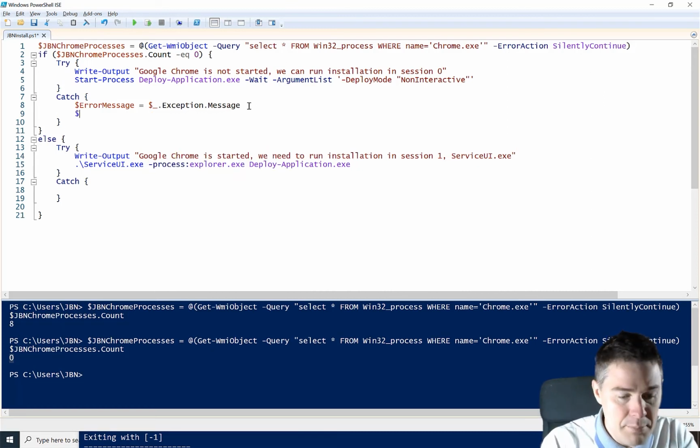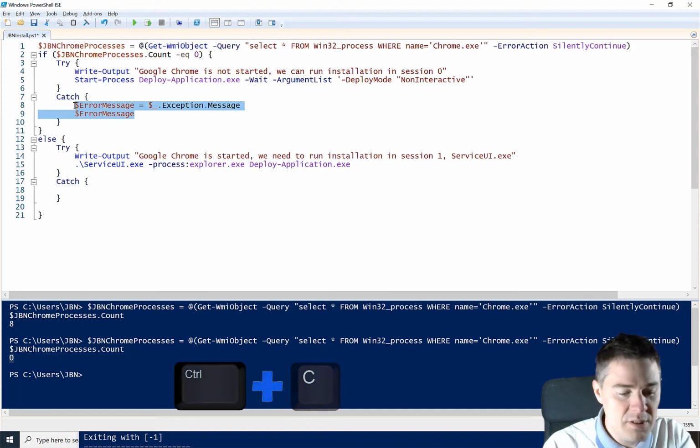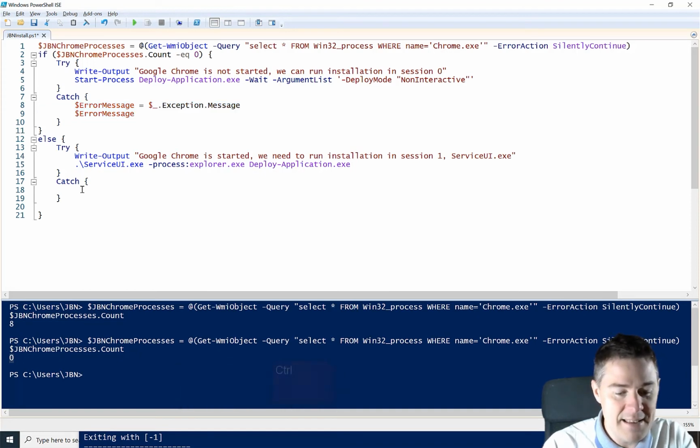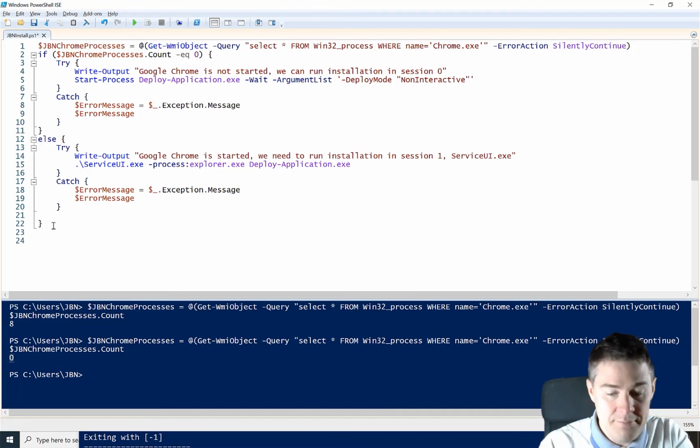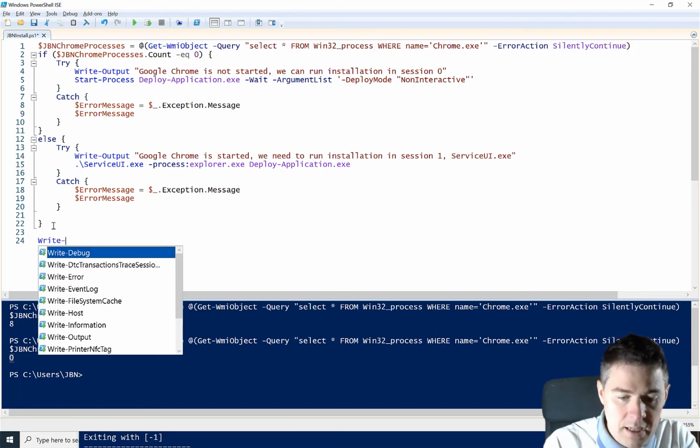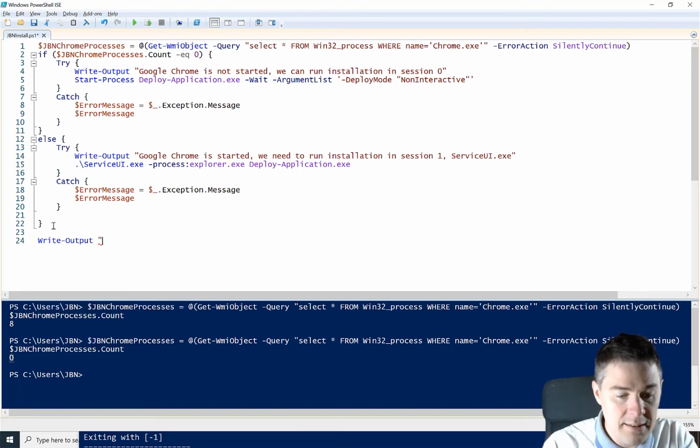And then we can type out the error message, so we get that as the code. I'll copy this one because we're going to need exactly the same here. I tab this one. And then at the very end, we can do write output